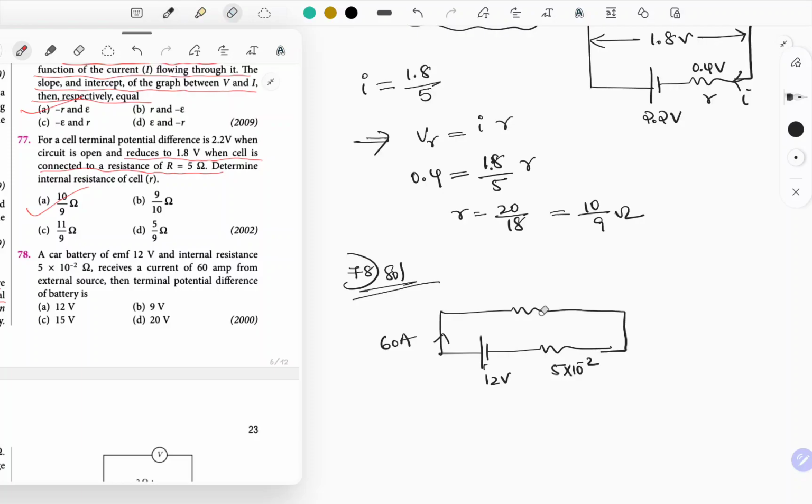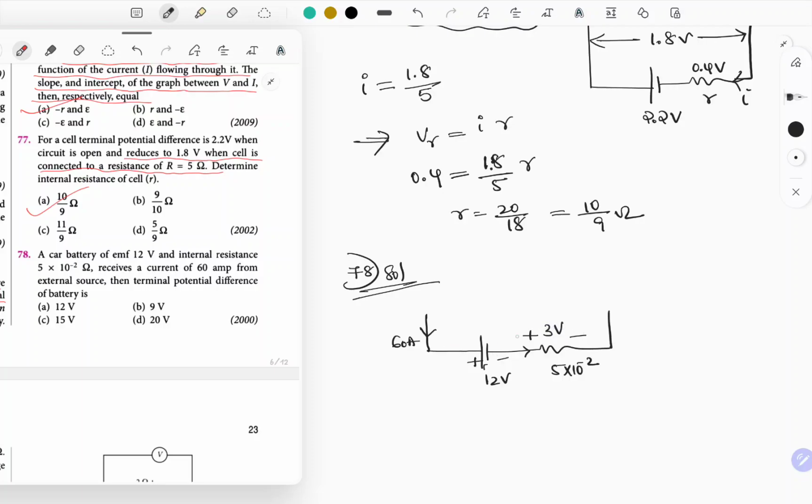so here it is drawing a current from external source. So observe that the external source, in the sense, is current entering or leaving from the EMF of the cell? It is entering. This is how it is. So it's going to be plus minus, it's 60 amperes, right? So here entering, plus minus 60 into 5 is going to be 300 into 10 power minus 2, which is going